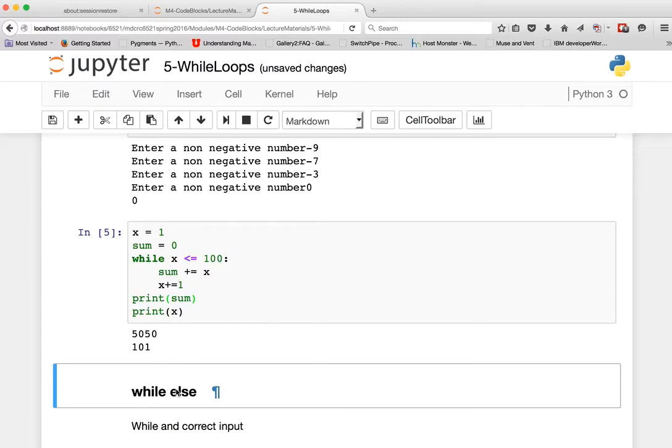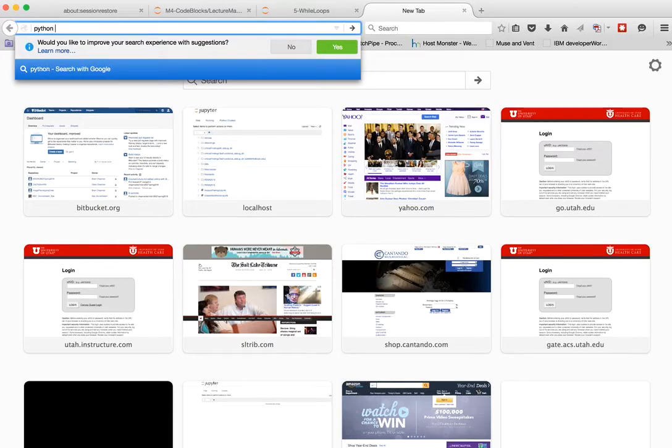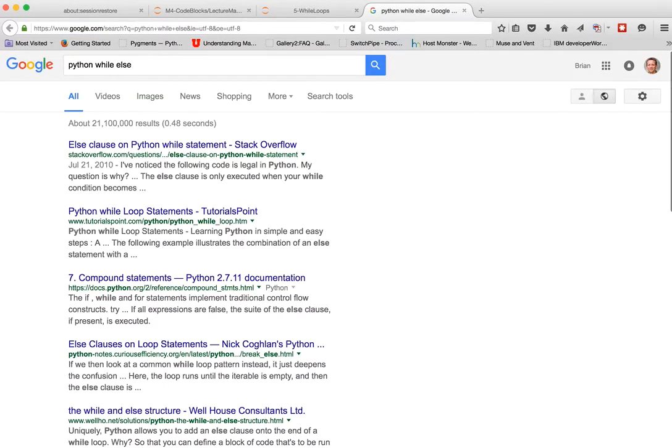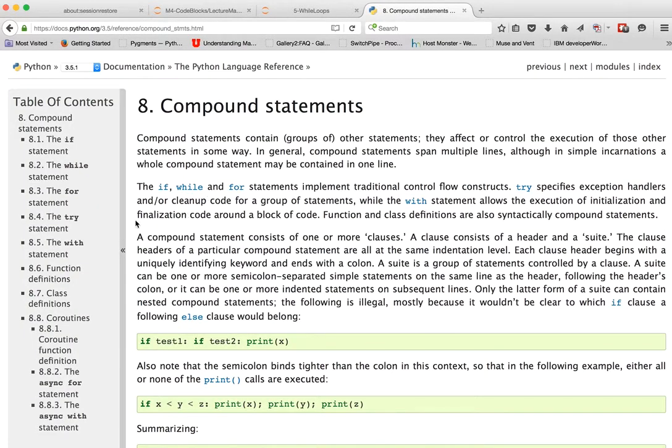While loops have an else statement that can optionally be used, and I don't think I've ever actually used it, but it is a construct that's there. What it's going to do is have a block of code that's executed at the completion of the while loop. So let's come up here to Python 3, compound statements,